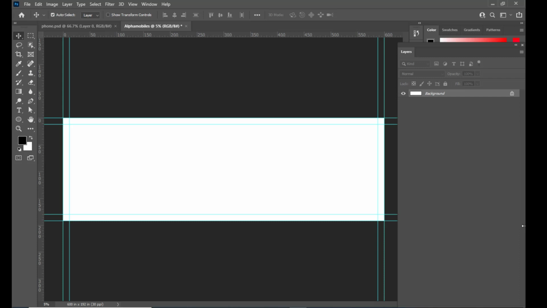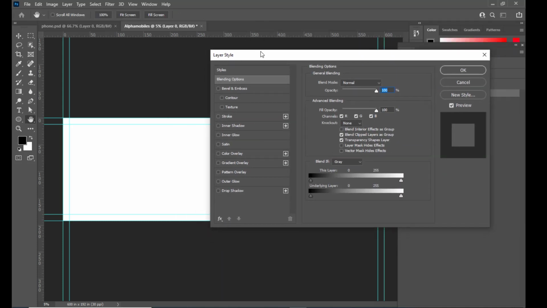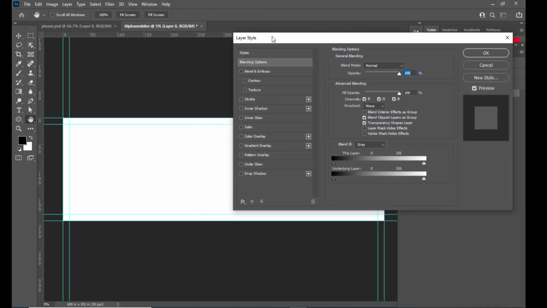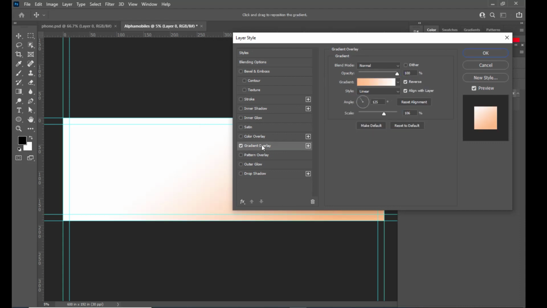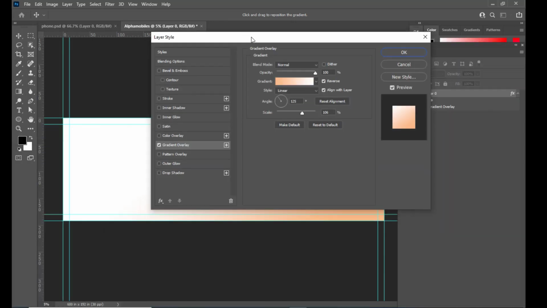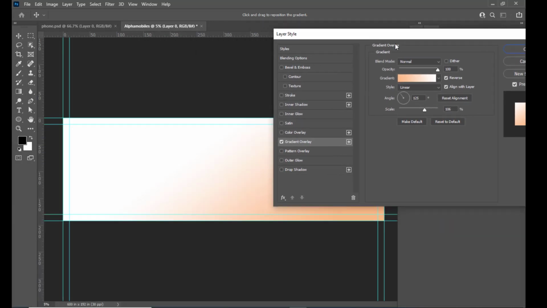Right? So once our poster is ready, the next step is we'll create a simple gradient color for our poster. So we can just unlock the background and double click on the layer to open the Layer Style dialog. In the Layer Style dialog, here we have the gradient and we are giving a very simple gradient here. Let's not give a colorful gradient. It will be too messy, a simple gradient